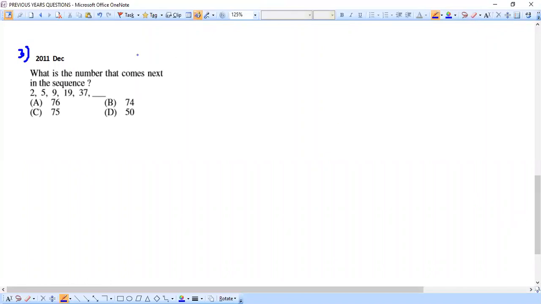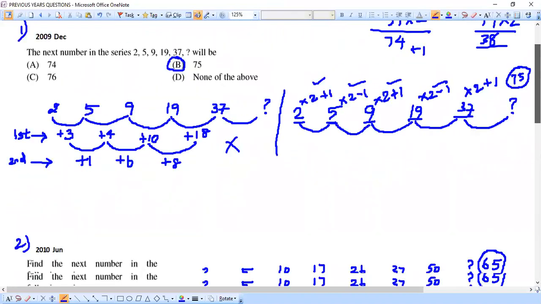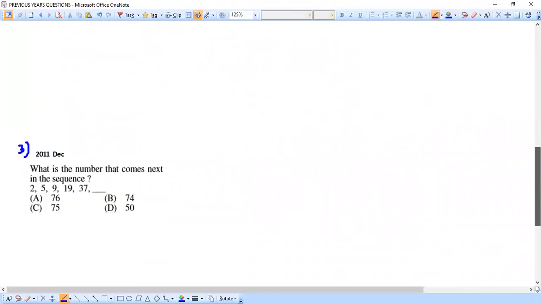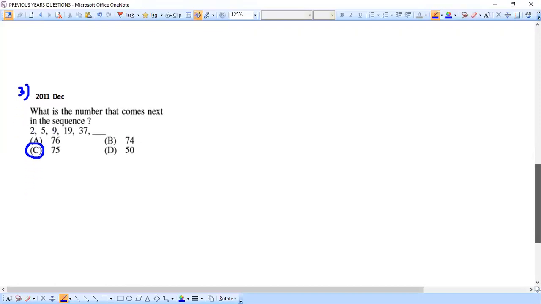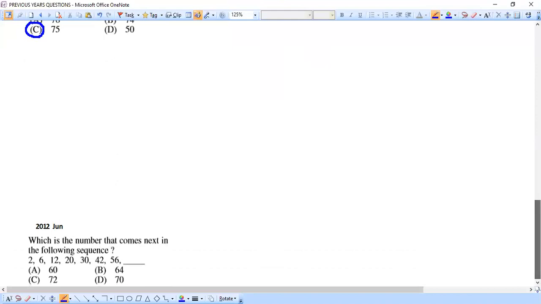For 2, 5, 9, 19, 37, the next term we got as the answer was 75. So undoubtedly the same answer will be followed here also. The same answer, 75, is the answer to this question. Let me not work it out from the beginning because we have already seen a clear workout of how to get the answer. I've just placed this question to show that you may even have situations where questions get repeated. I think this is enough. We can move on to the next question, and we have only one question more.